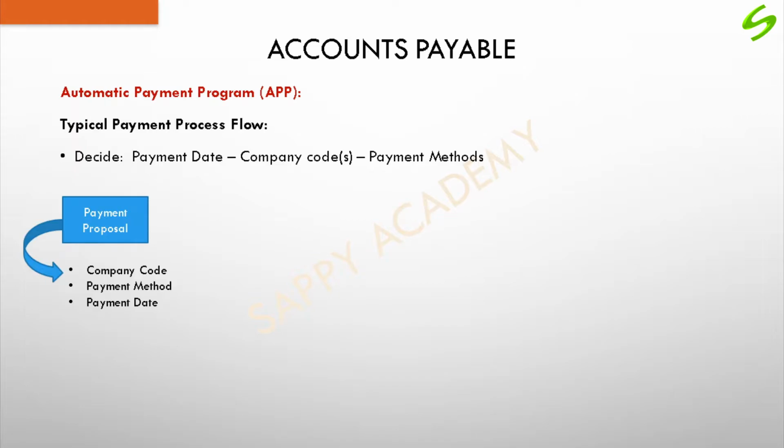Once we do that and we execute the payment proposal, the system generates two separate lists. One is the payment list and the other is the exception list. The payment list is all the items which the system can process using APP in this run. The exception list is the items which APP cannot pay, or which have some errors. There may be missing information, or blocked invoices. Due to some reason they cannot be paid in this run. All of them are included in the exception list. This can be checked, verified and edited later. So these two lists are created in the payment proposal.